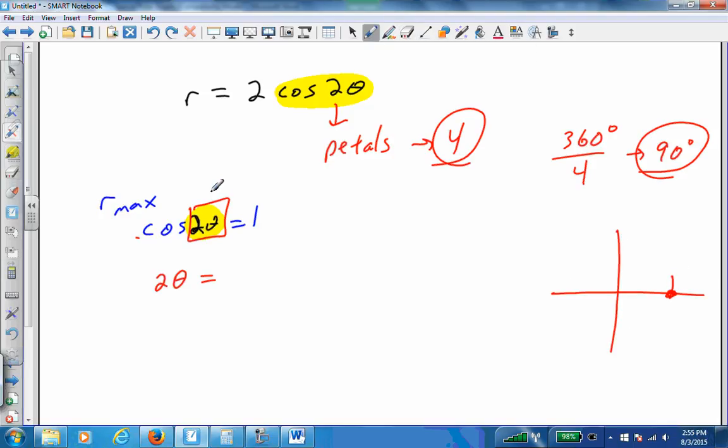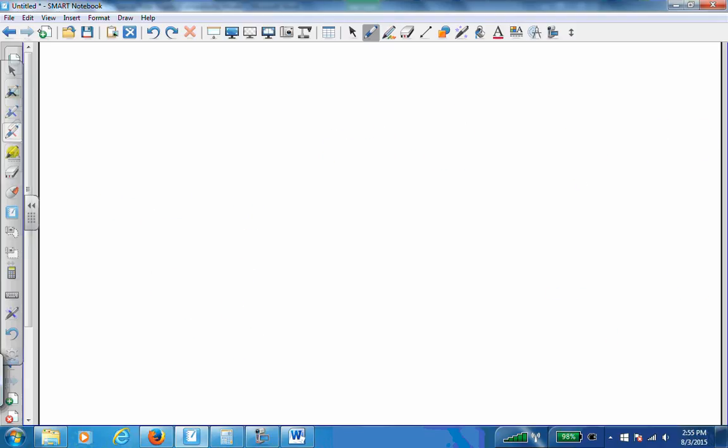0. So that means our angle needs to be 0 degrees. So what does theta need to be so that our angle is 0 degrees? 0. That means our first tip, the tip of our first petal will occur at 0 degrees. So when we go to our polar grid,